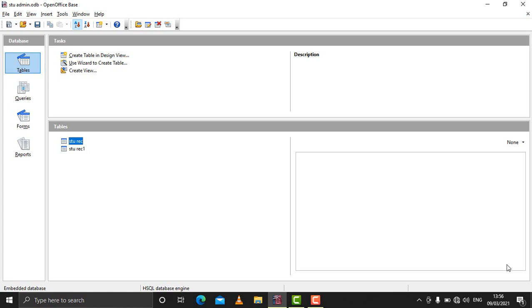So the very first method we will learn to create a query will be using the wizard. For creating a query, the very first thing you should have is tables. You should have multiple tables, and all those tables should be related to each other, meaning a relationship should be defined. I explained how to define a relationship in the previous video. So we have the database STU admin and we have two tables, STUREC and STUREC1. So we will now be creating a query